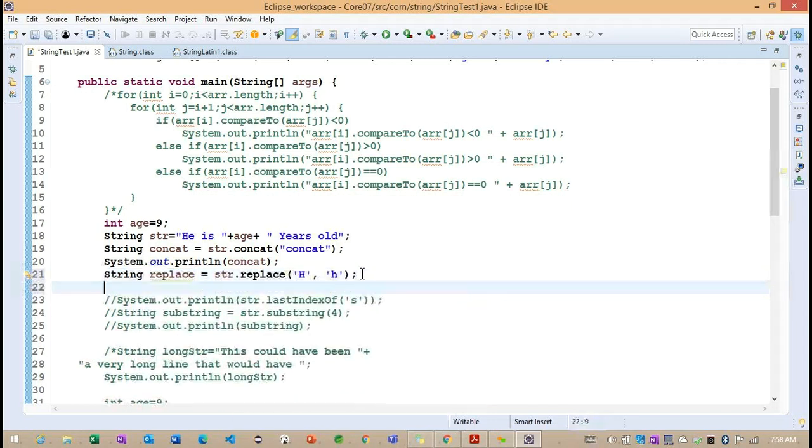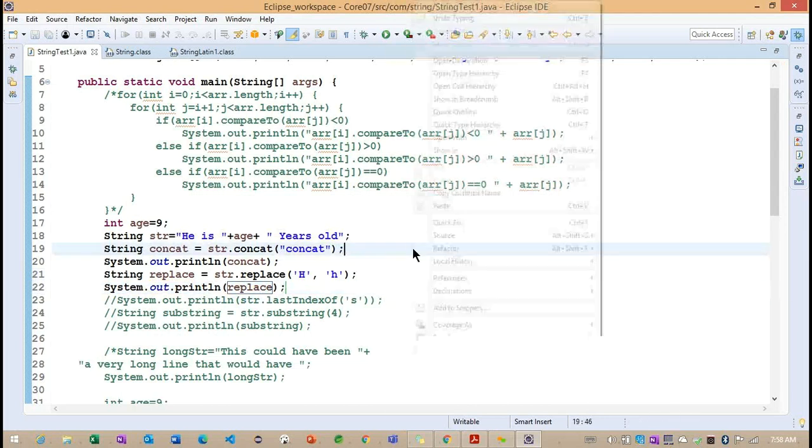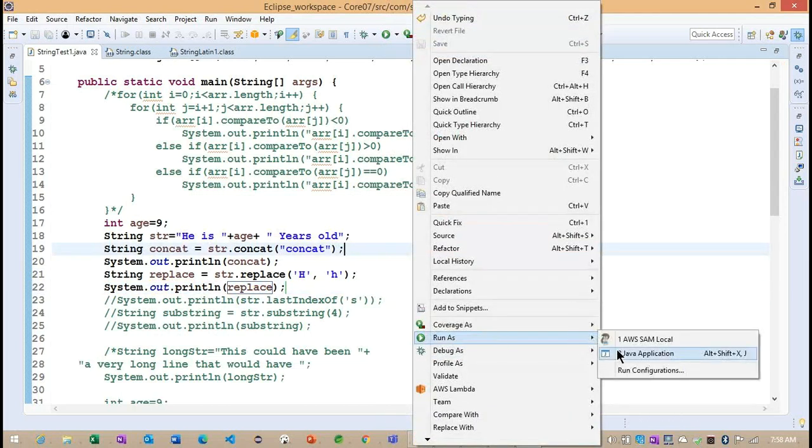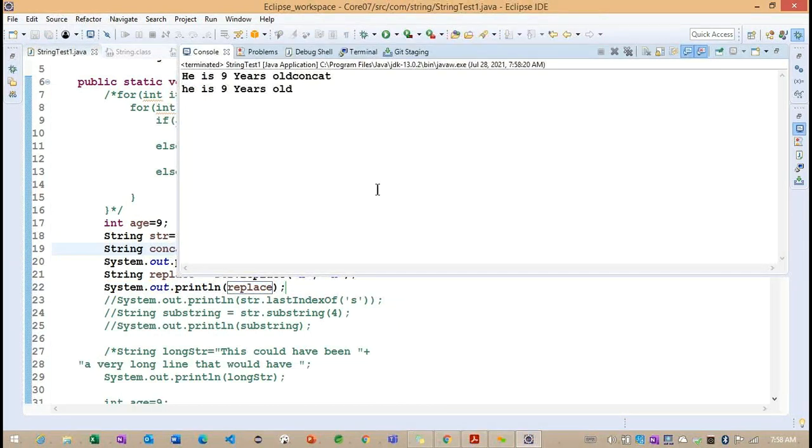It will return a string. We'll go for this particular replace here and observe the last output. Focus on the last output here. Now you can see, this is the old one and this is the new one.